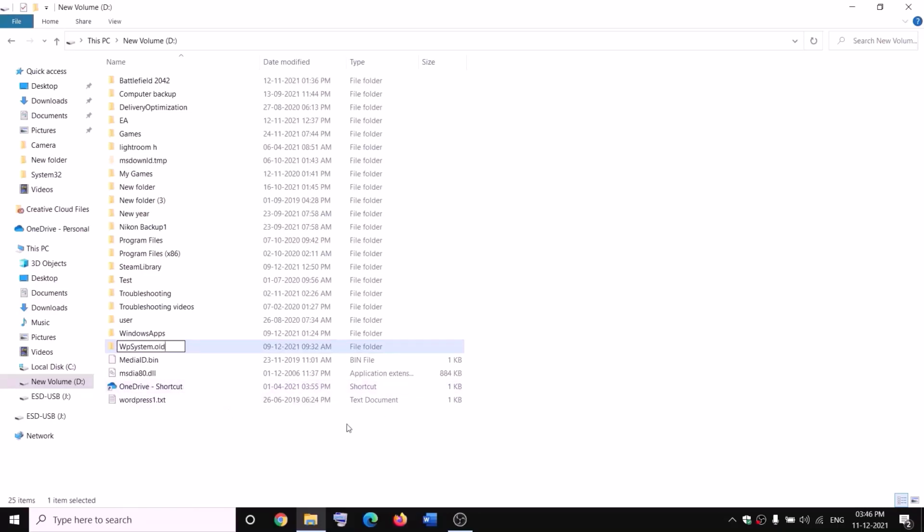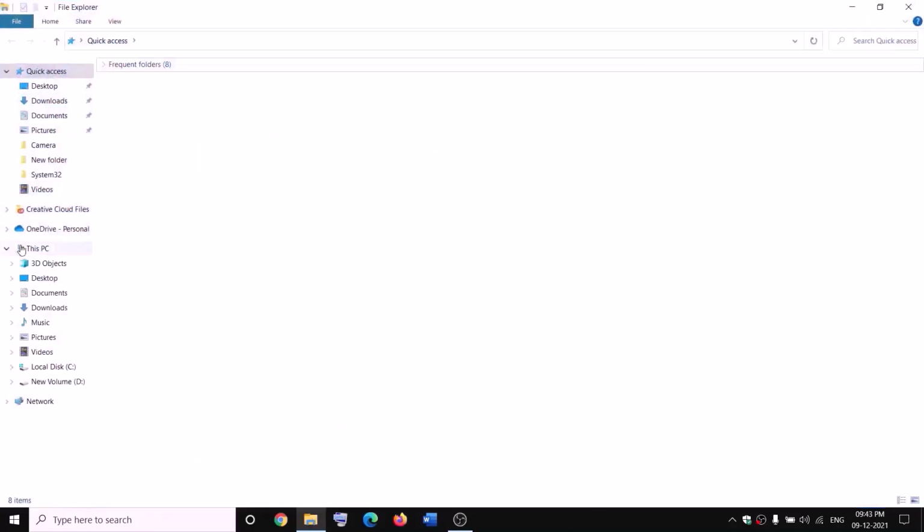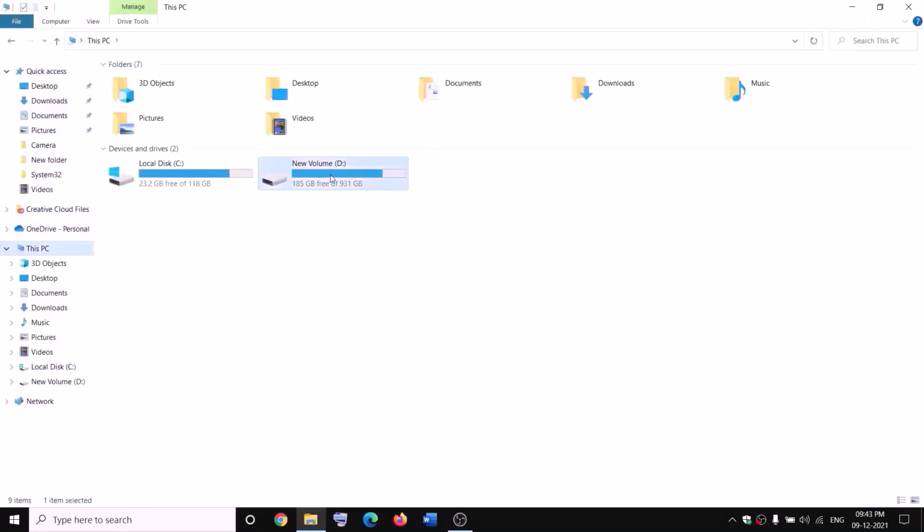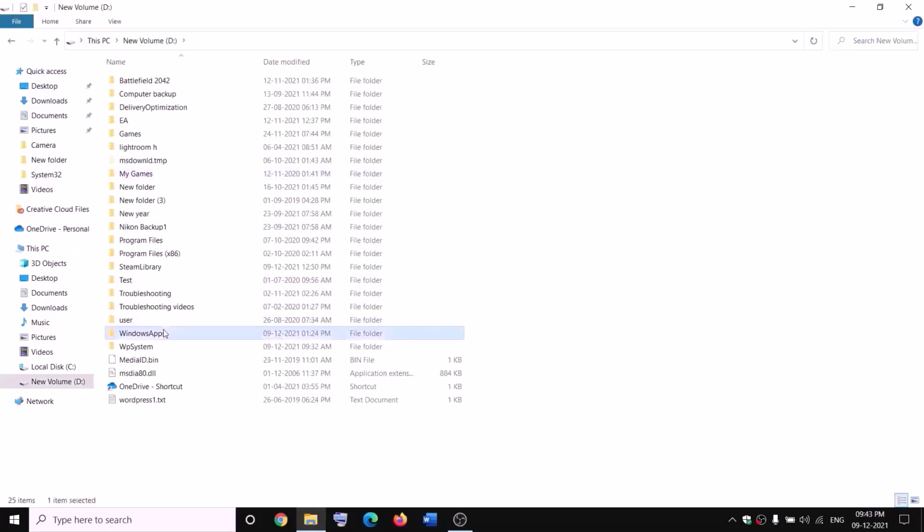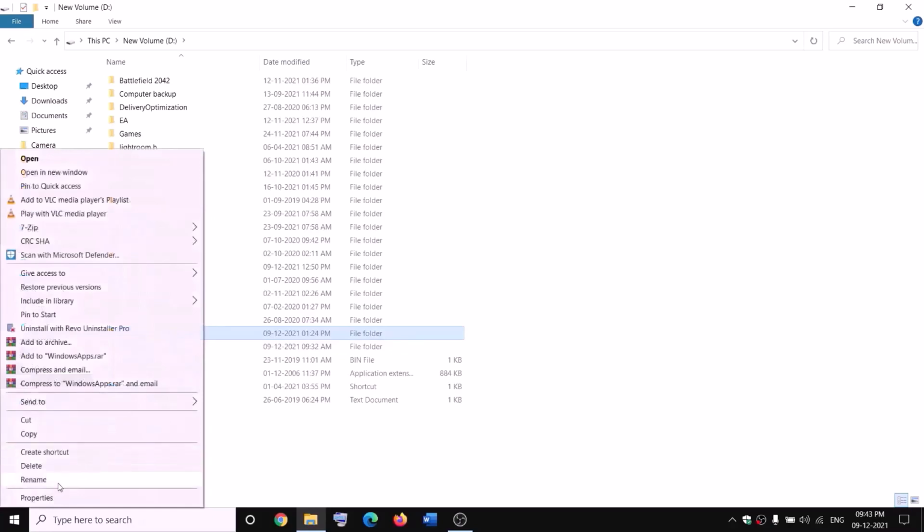Now still you face problem. In that case you can go ahead and restart your computer and then try to rename it once again. Open File Explorer and then go to this PC, open D drive, then make a right click on Windows apps and then rename it. Now before rename you have to take the ownership, make a right click, then click on